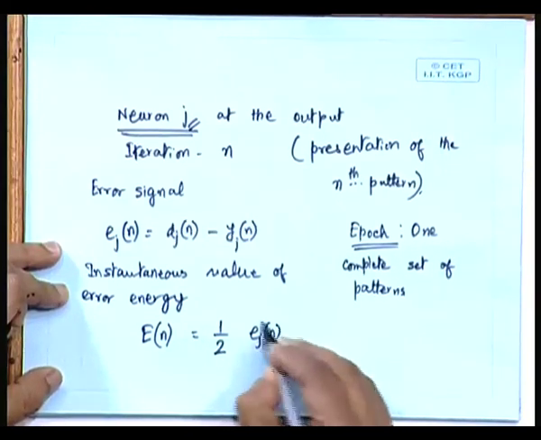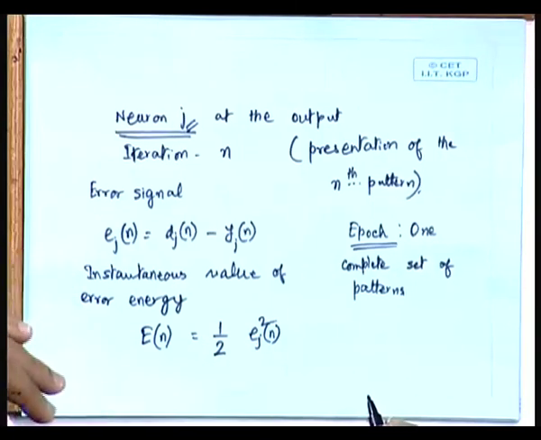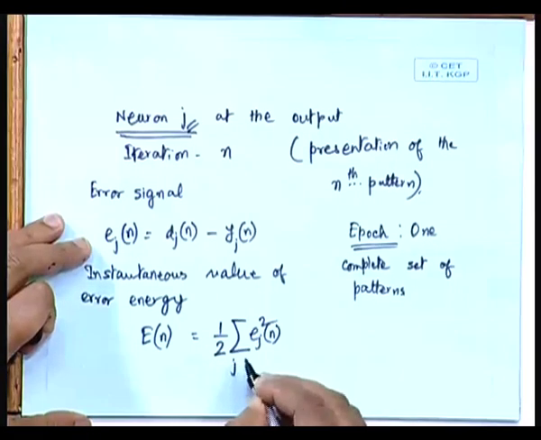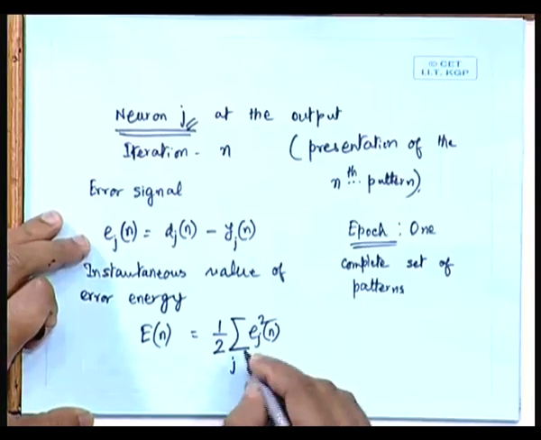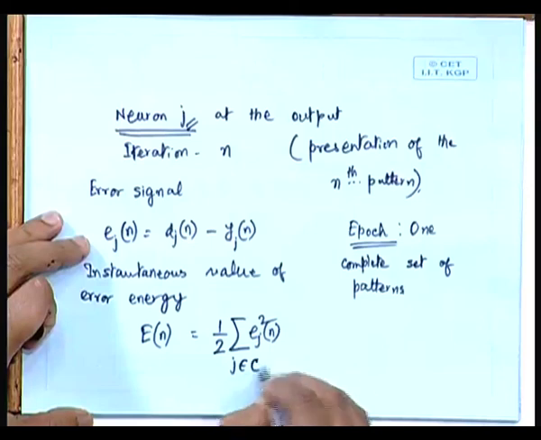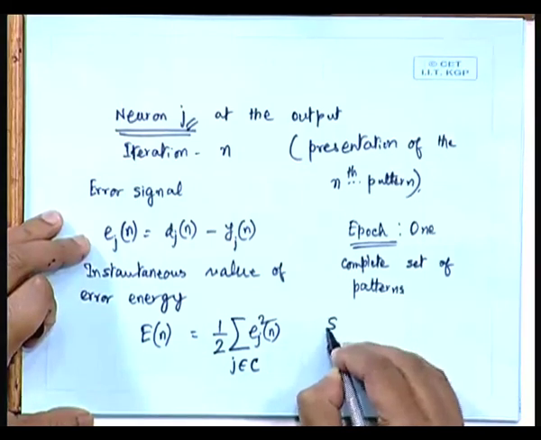Ej squared. But I said there are more than one outputs. So definitely we have to sum up, even if we are talking of the instantaneous value of the error energy at the nth iteration, or the presentation of the nth pattern. Whatever errors are existing at the outputs of every neuron, or every output neuron, they must be summed up. So we should sum it up over j, j belonging to the output layer. So if we say j belongs to C, where the set C